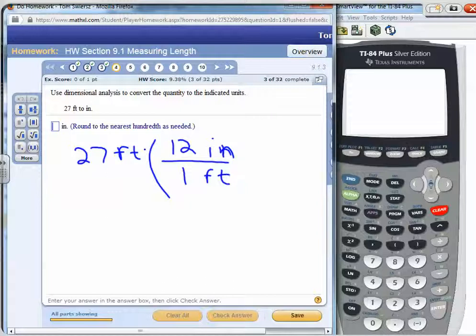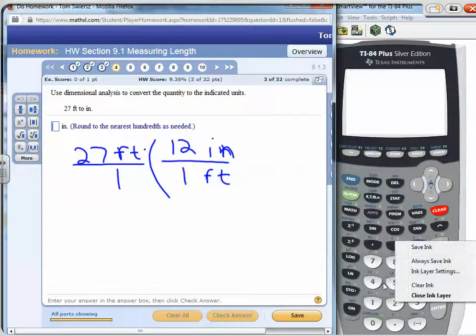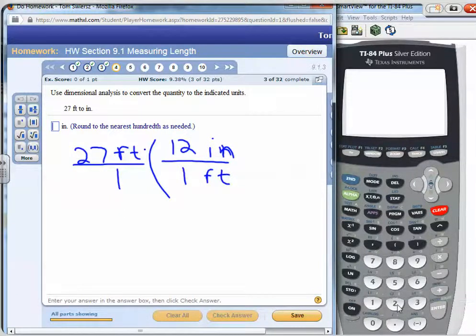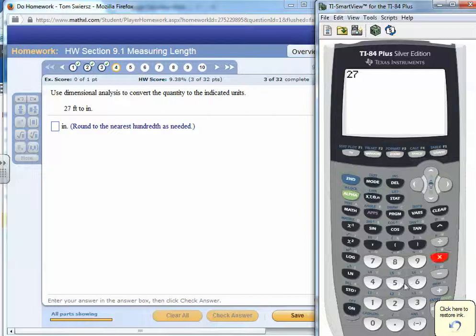Now notice the 12 is in the numerator, so you multiply. It's the product of the numerators. You can think of this over 1. So it's 27 times 12 divided by 1. You won't change the answer. So this time it's a multiplication because the number that's not 1 is in the numerator. The 12 is in the numerator, so 27 times 12